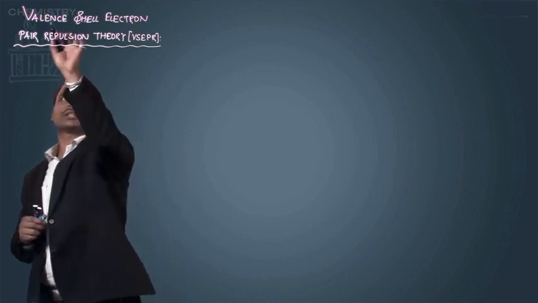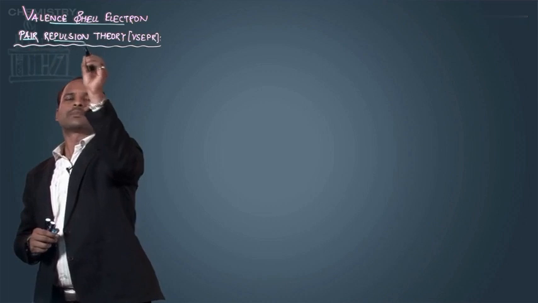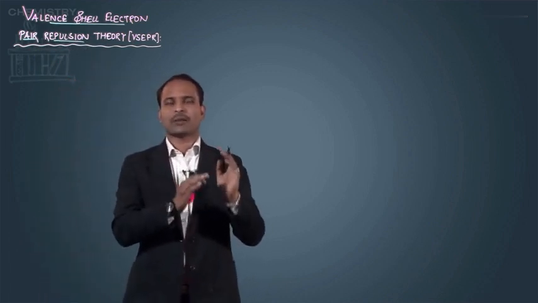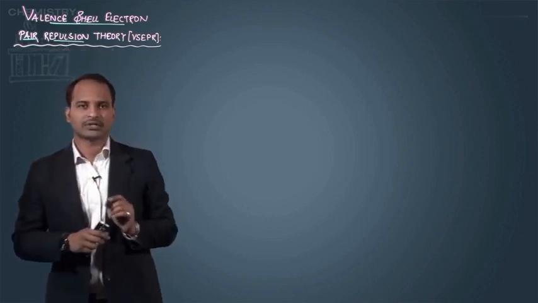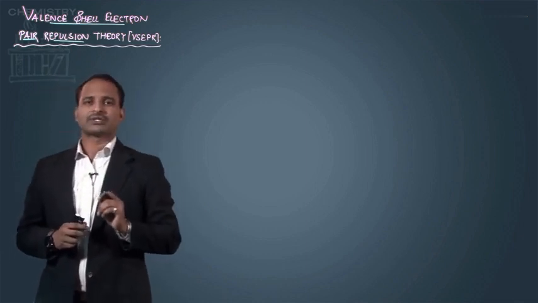That means valence shell, that is, electron pairs from the valence shell, and the repulsion. So here we are talking about the things which happen because of the repulsion between the electron pairs present in a valence shell. Now what does the valence shell electron pair repulsion theory say? It has certain postulates which state that